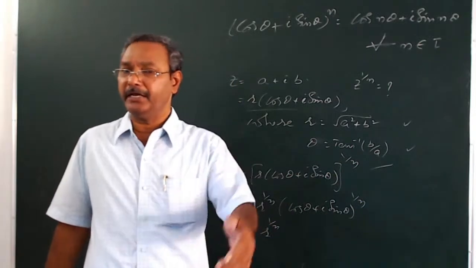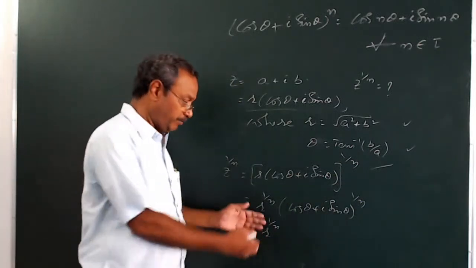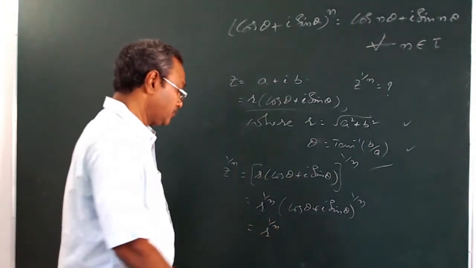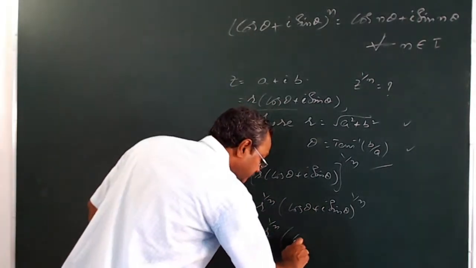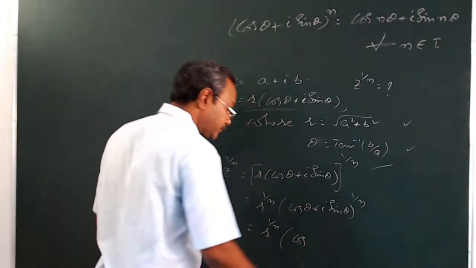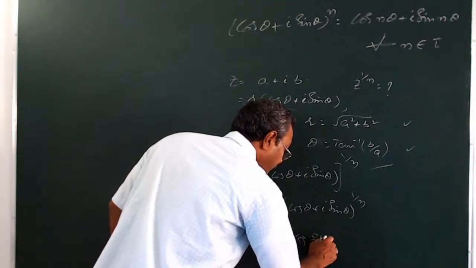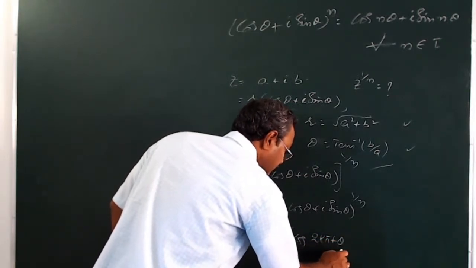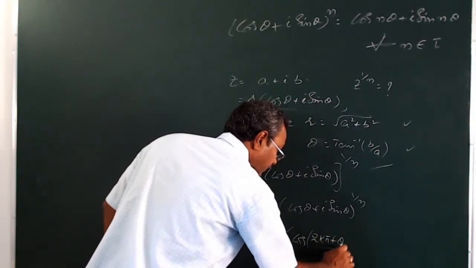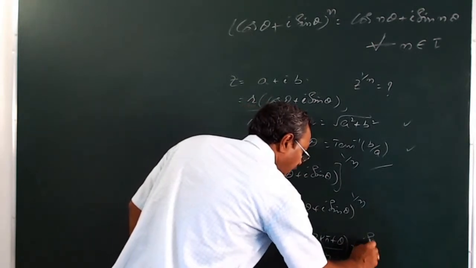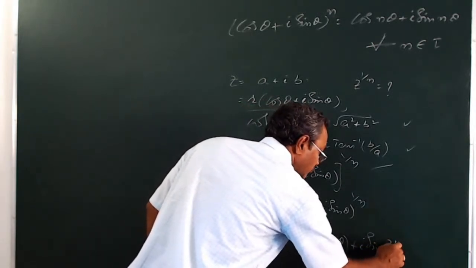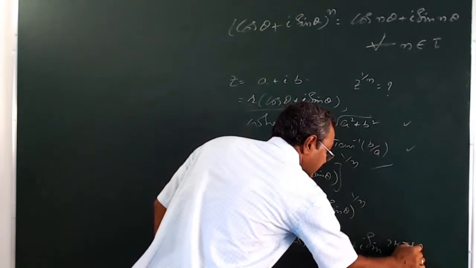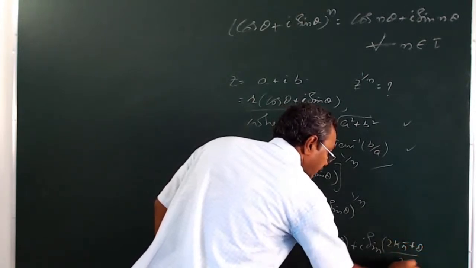What are the remaining roots? I am writing the remaining roots like this. It is cos of 2k pi plus theta divided by n plus i sin of 2k pi plus theta divided by n,